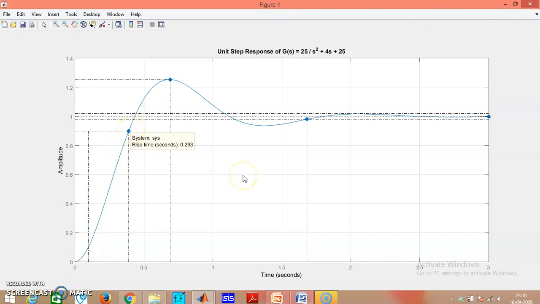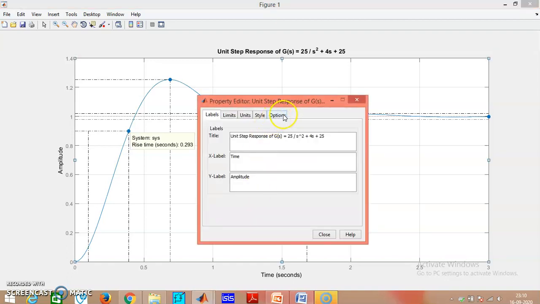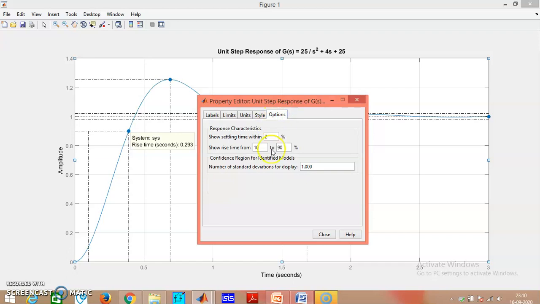state value. Now, if you want to change the measurement of rise time from 0 to 100%, then just make a right click on this image file, go to properties, then go to options. You are finding show rise time from 10 to 90%.